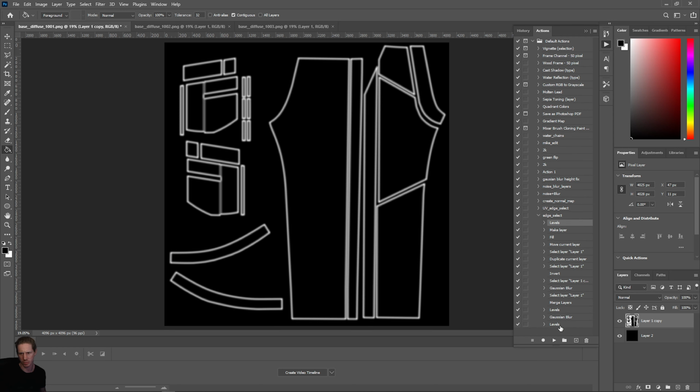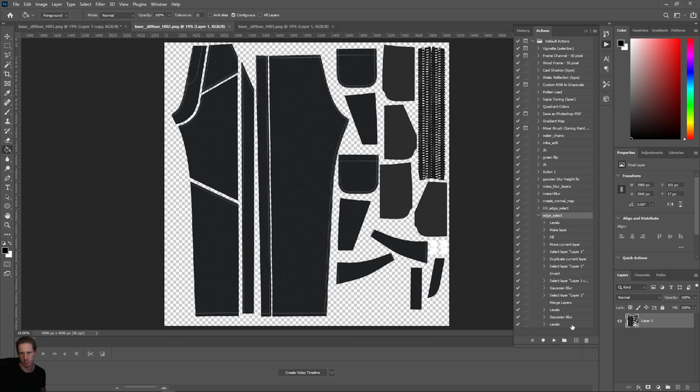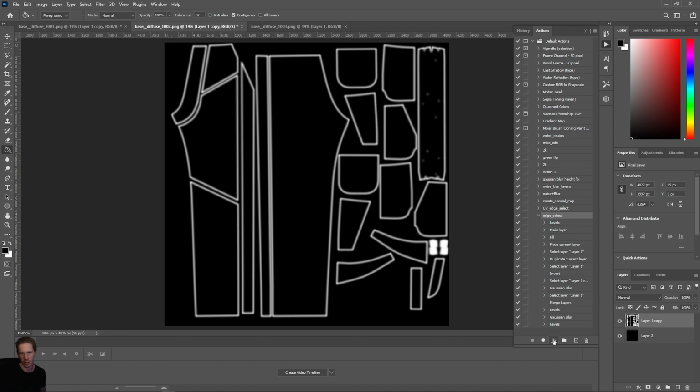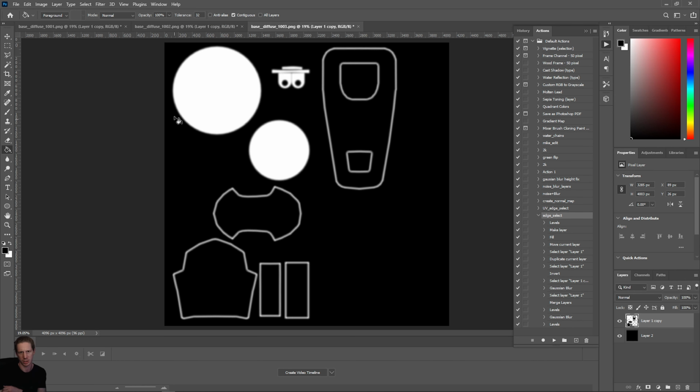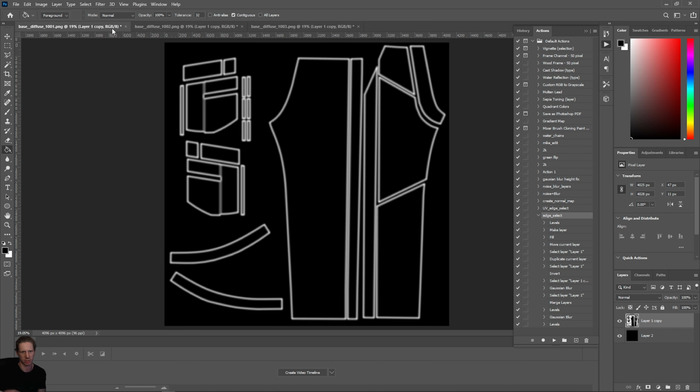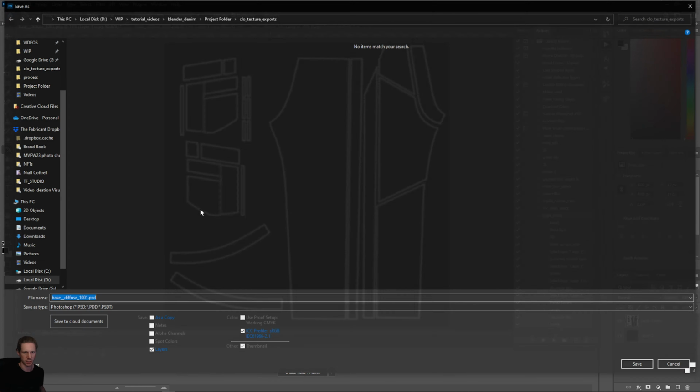So now all those steps that we've just run through are recorded under this action here. So go to your next UDIM tile and just simply select the action we made and press play. And now those same settings have been applied to this one, and do the same for the last one. Press play. So now this is our UV edge select, and we can just save these as